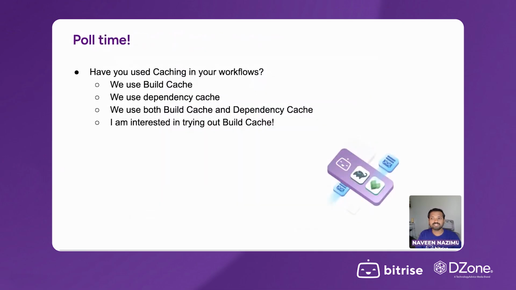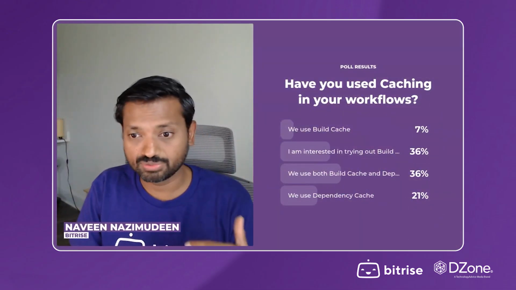All right, and another poll time. Have you used caching in your workflows? Let me know. Have you used build cache? Have you used only dependency cache so far? Or we have used both build cache and dependency cache, or no, I'm interested in trying out build cache. Let us know how you've used it within